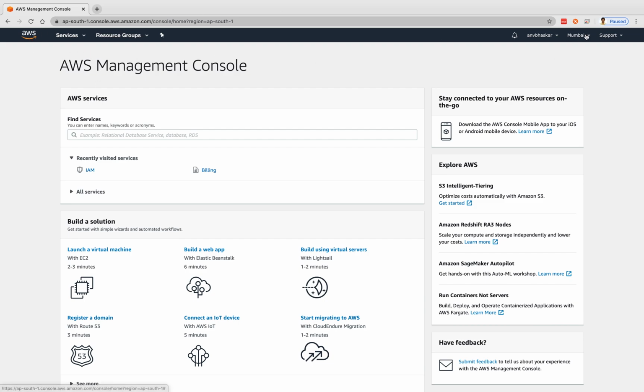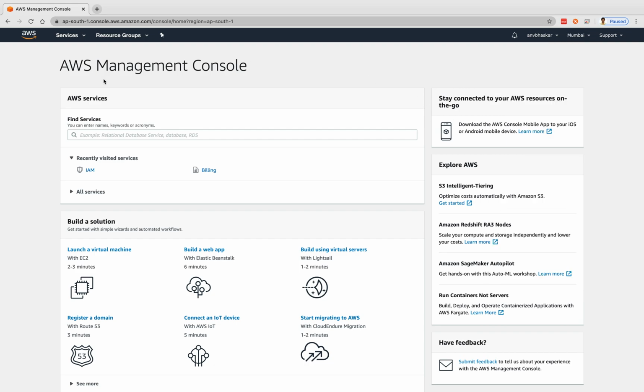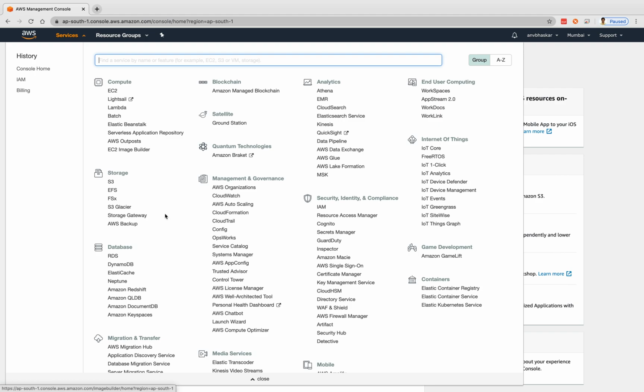Right now my region is the Mumbai region. The nearest region will be displayed in your Amazon account. If you click on services, you can see a lot of services available, like compute, storage, database, media services, analytics. Now we are discussing IAM, Identity and Access Management. It is available under security. IAM is the center of AWS. IAM does not require any region, because it is global to everything.